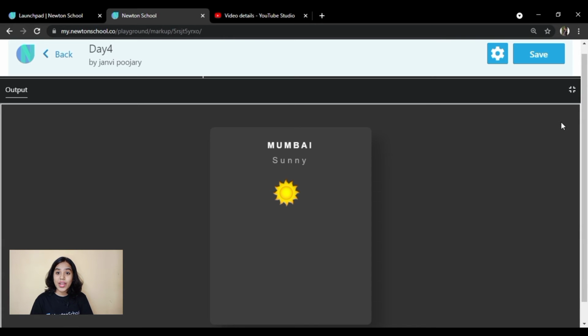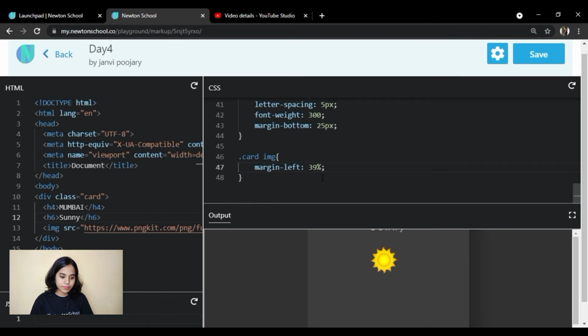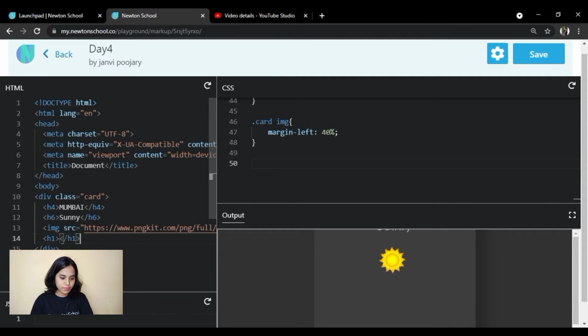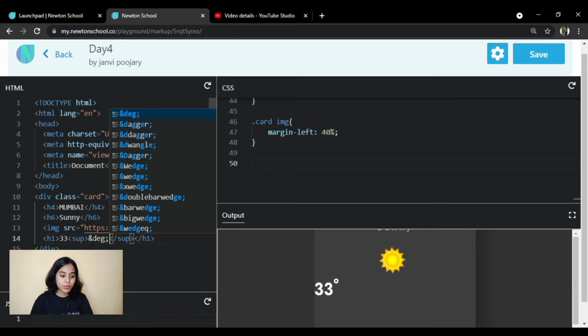Now we will style our image tag, and to bring it in the middle, we will say margin left 39 pixels, and below that we will mention today's temperature as well.